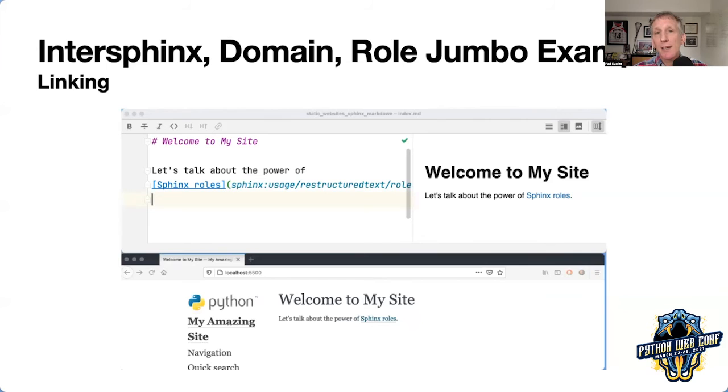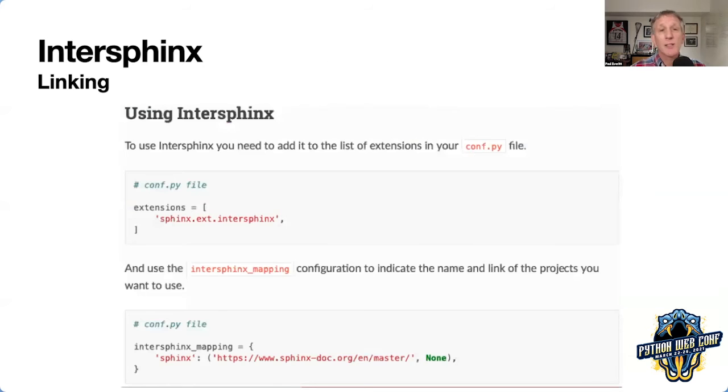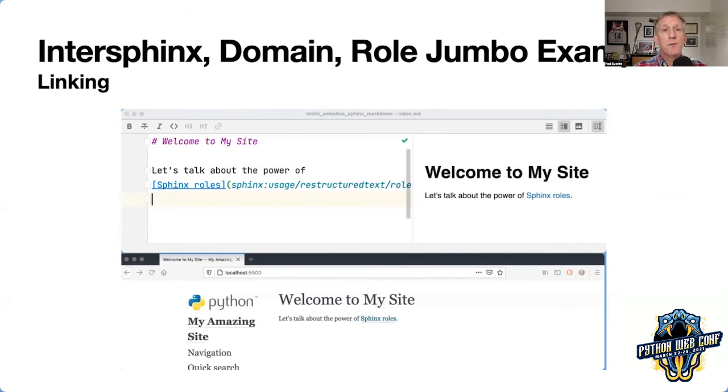And when I build my docs, Sphinx will go to the site that I mapped, here, the URL that I used. It will get a file called objects.inv from there, and it will go look that up, just as if that role was local. Very interesting to use. You can do a much shorter syntax for that. Now, admit it, that's pretty nice.